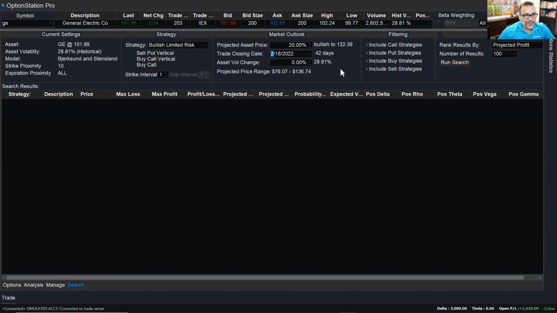As it is, volatility here for General Electric is already at 28%, which is not extremely high or extremely low, but it's moderate. So I'm going to leave it the way it is. I'm going to leave the asset vol change on 0, which means that it's going to use the current historical volatility of 28%. Based on that volatility of 28%, and this is interesting, General Electric is expected to trade between $76 and $136